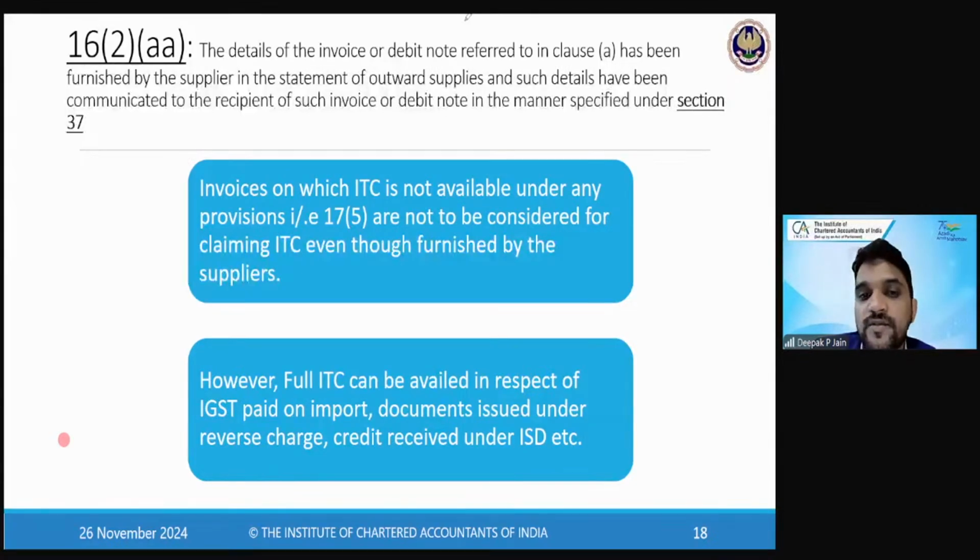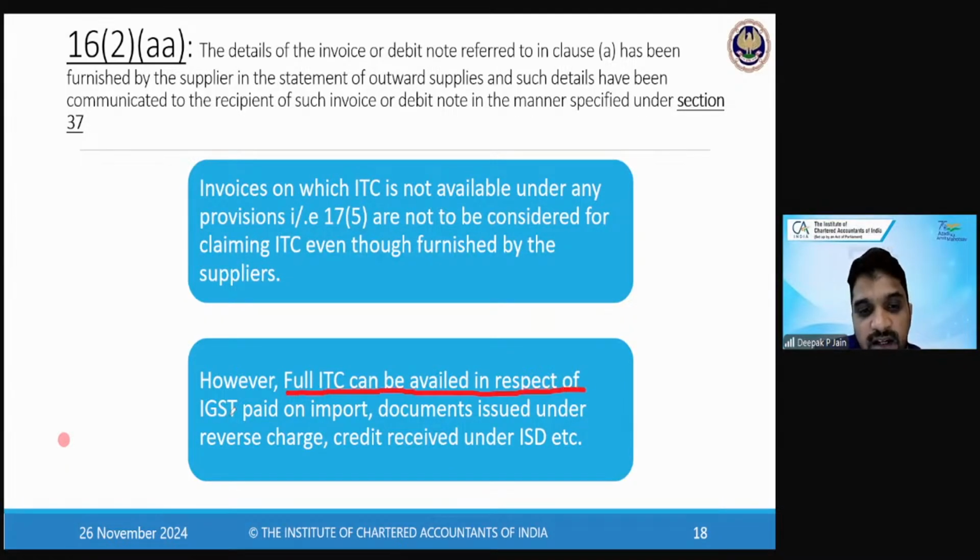No, we cannot claim. So that is what this point is saying, because it's a block credit. So whatever is appearing in your GSTR 2B, आप blindly नहीं ले सकते हो. Supplier has filed his GSTR 1, it will upload in your GSTR 2B, but in 3B, you cannot claim it. You have to show it under block credit, correct? So 17(5) credits you cannot claim. Second point is